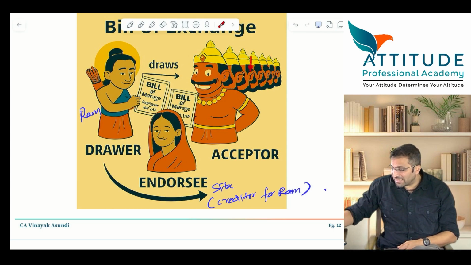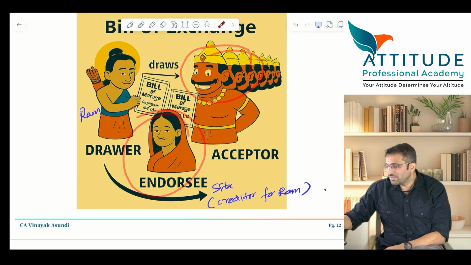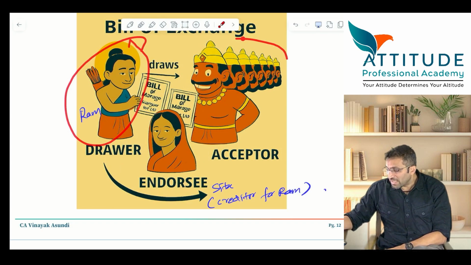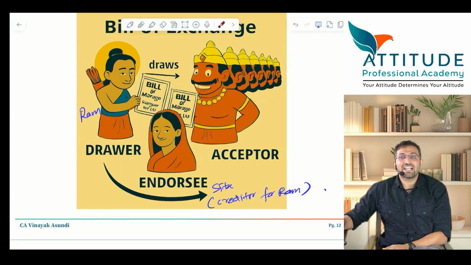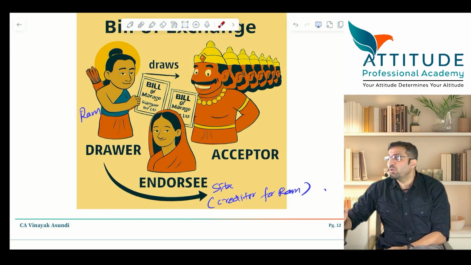So it is something like debtors account debit to creditors account. So for Ram, Ravan again becomes a debtor. Sita again becomes a creditor. Is that clear? Can you do it? So who pays the noting charges here? Sita pays it. But is it Ram's expense? No. Ram says I will recover it from whom? Ravan.